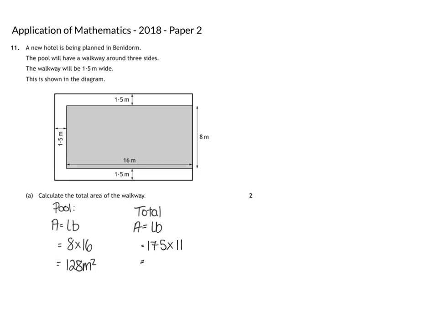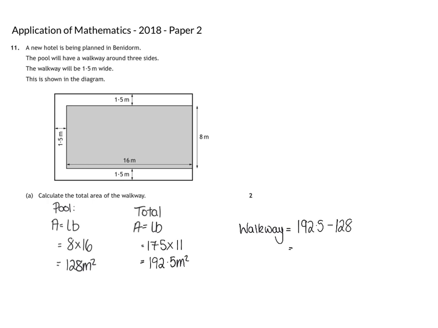So 17.5 times 11 gives us 192.5 square metres. So the walkway is going to be found by doing that 192.5, take away the 128, which gives us